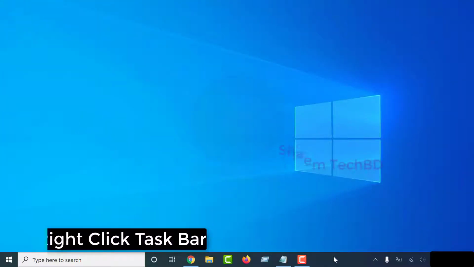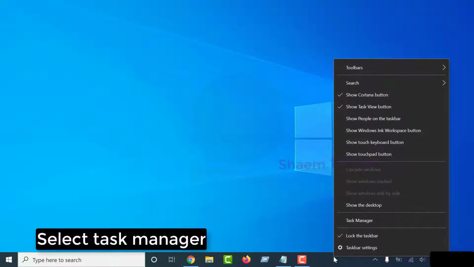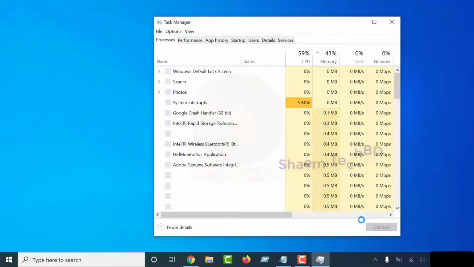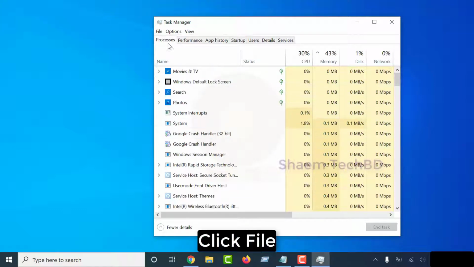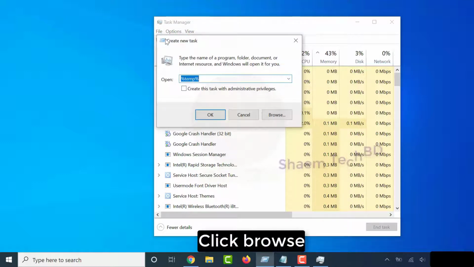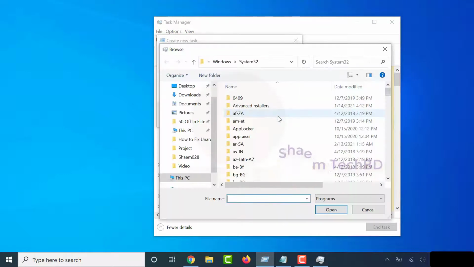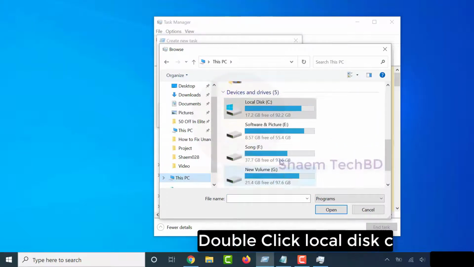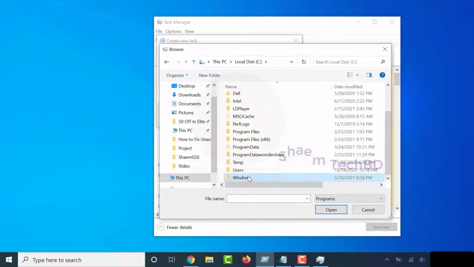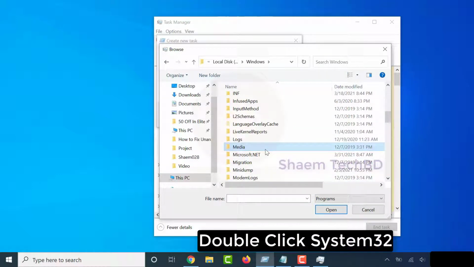Right click taskbar, select Task Manager, click File, select Run New File, click Browse, select this PC, double click Local Disk C, double click Windows folder, double click System32,